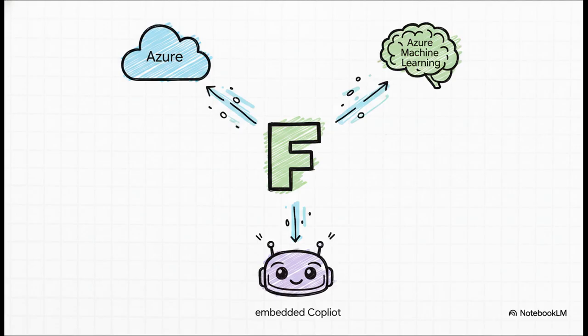And Fabric's strategy? Well, it's all about integration. It's not trying to reinvent the wheel. It's plugging into the massive power of the broader Microsoft AI ecosystem. You can use Spark for data science, connect seamlessly to Azure Machine Learning for the heavy lifting, and maybe most importantly, it has Copilot AI assistants baked in all over the place to help you do everything from writing code